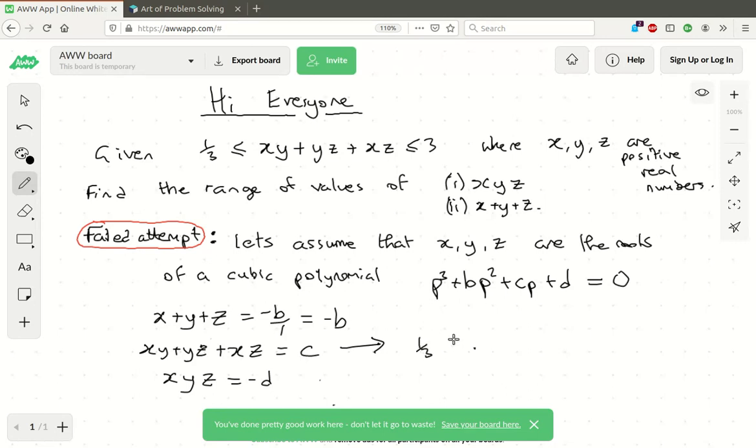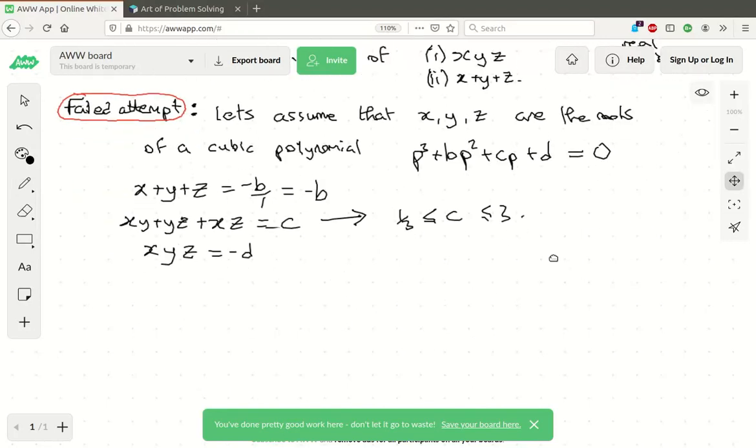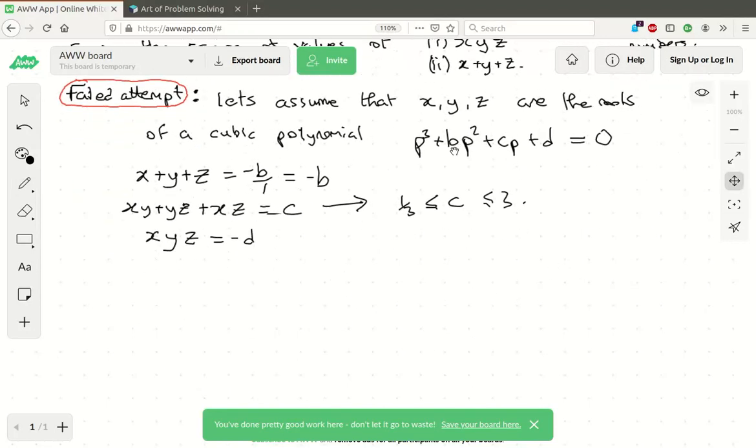so c is trapped between a third and 3, yeah? And now I can work with that and work with, say, b. Now, the one thing I need to make sure of with my cubic polynomial, because x, y, and z are positive real numbers, I need to make sure that the roots of my polynomial are positive real numbers. So how did I do that? Well, what I said was, okay,